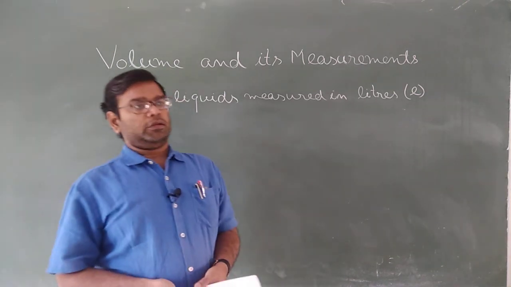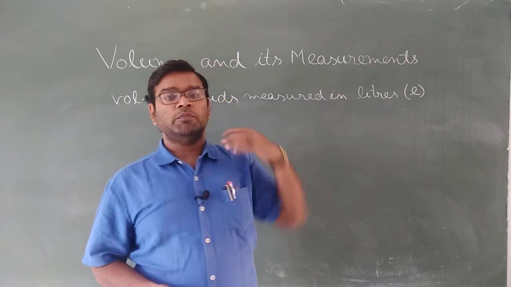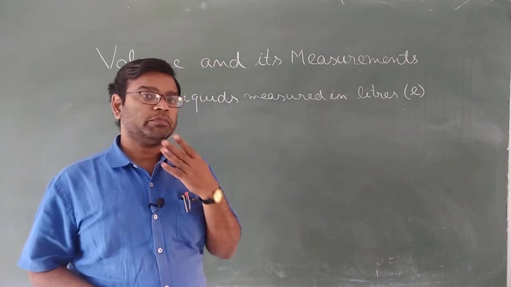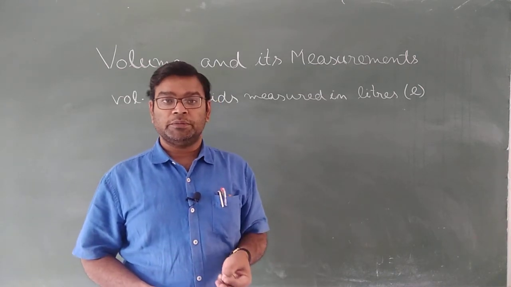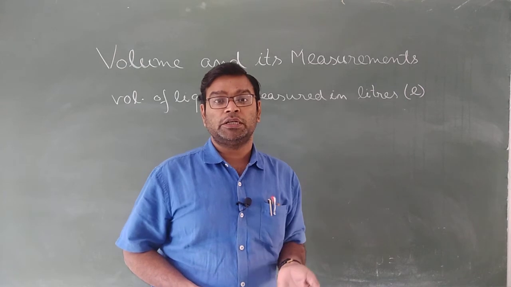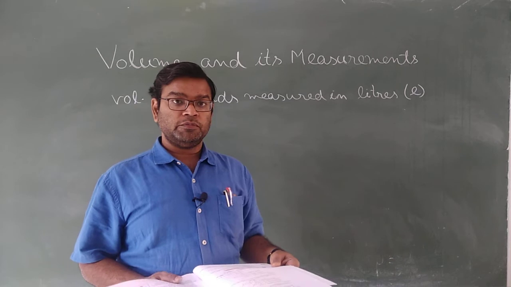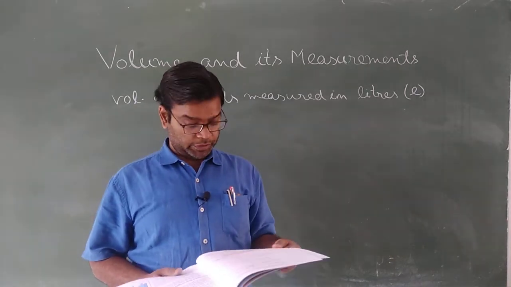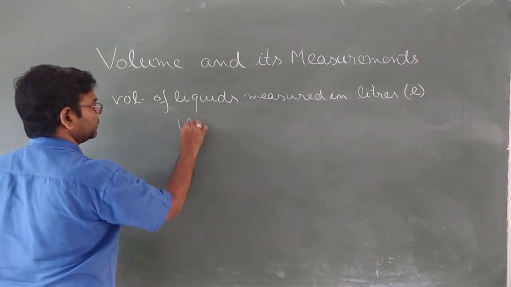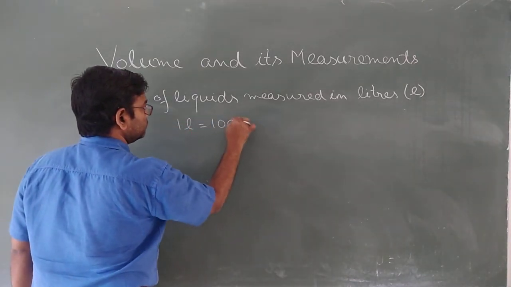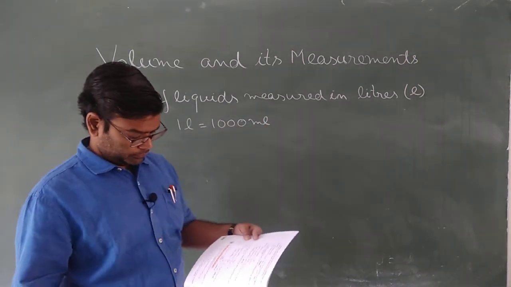And then we have the SI unit, with multiple and sub-multiple units of the liter. For example, milliliter and centiliter are the sub-multiples. Kiloliter and hectoliter are the multiples. These are the units of volume of liquid. As we know from the metric system, 1 liter equals 1000 milliliter and so on. For milliliter we have ml.